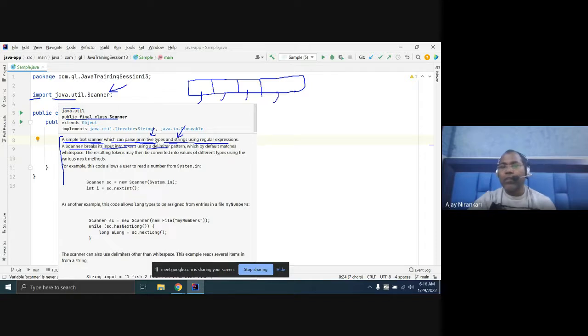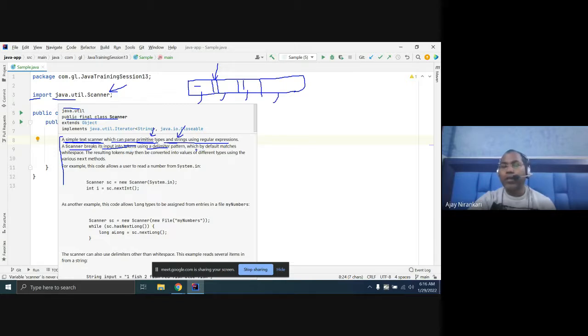But these words are split on the basis of space. Space is the delimiter. That means the scanner breaks input into tokens using the delimiter pattern.